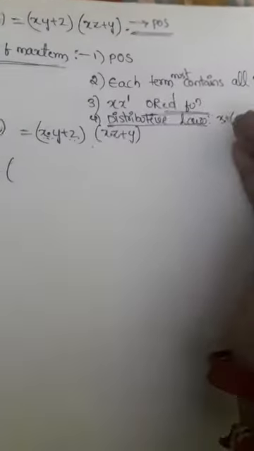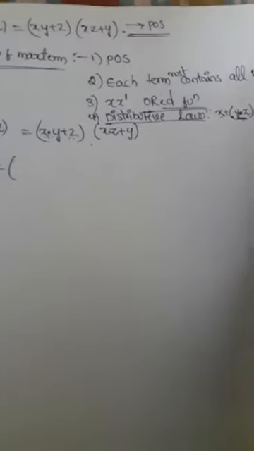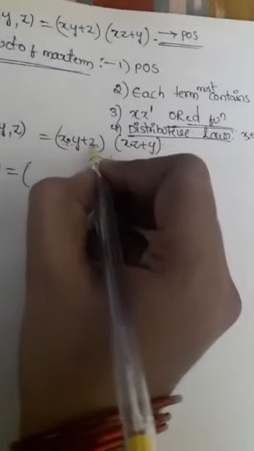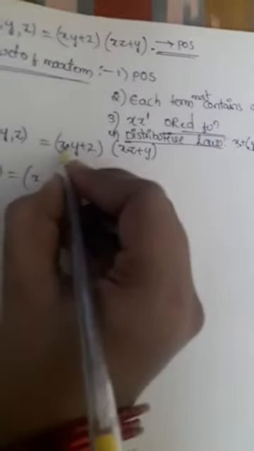If you want to simplify any expression in product of max terms, first you have to check whether the distributive law is applicable or not. So here it is applicable. Why? Because this is one product term and we have one more OR term. So I can divide this into two parts, like this: (x + z) into (y + z). The second term I also write like this.